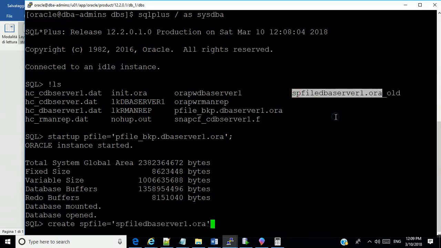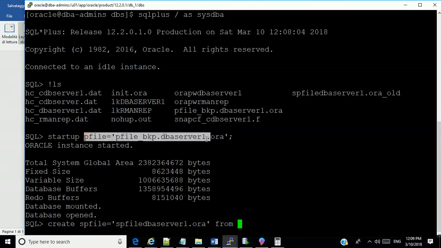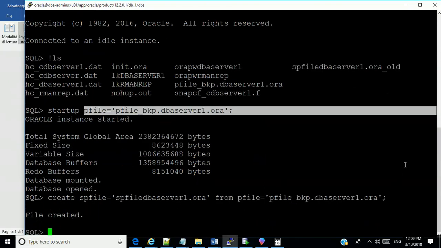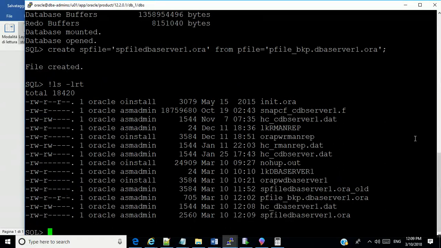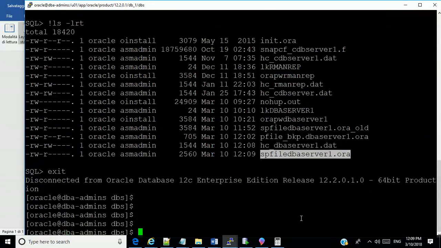So we'll work that out. Create spfile from pfile equal to this. This is the latest version of Oracle in the market, so who knows. See, that's how I created it. Normally, it's supposed to have been created by default. I don't know why I had to mention that, but all right, I will just move on from there.